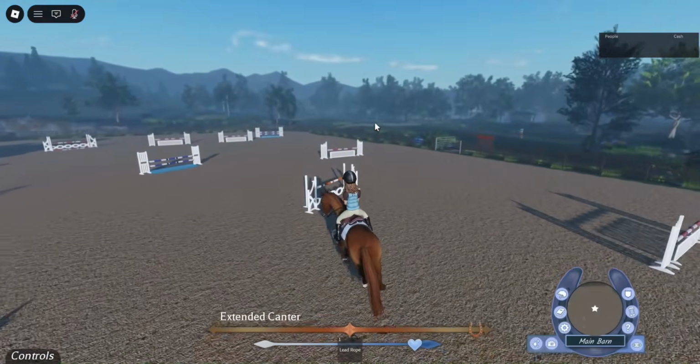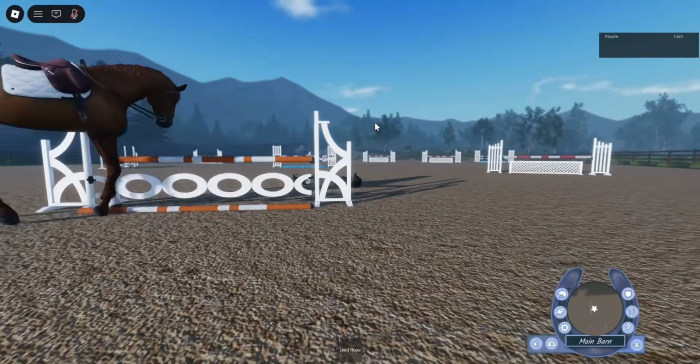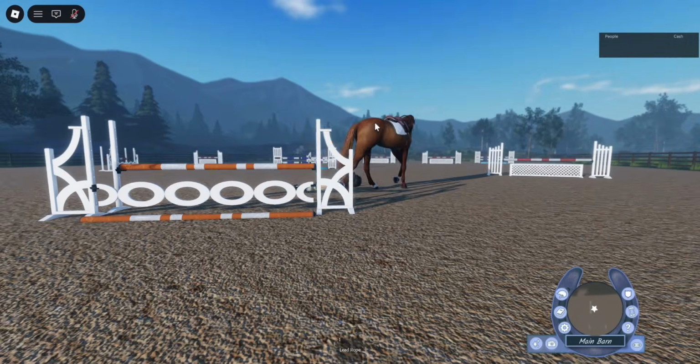Also, that blue bar that you see at the bottom is the stamina, which only goes down when you jump, so you can't just jump 30 jumps in a row, but I'll be